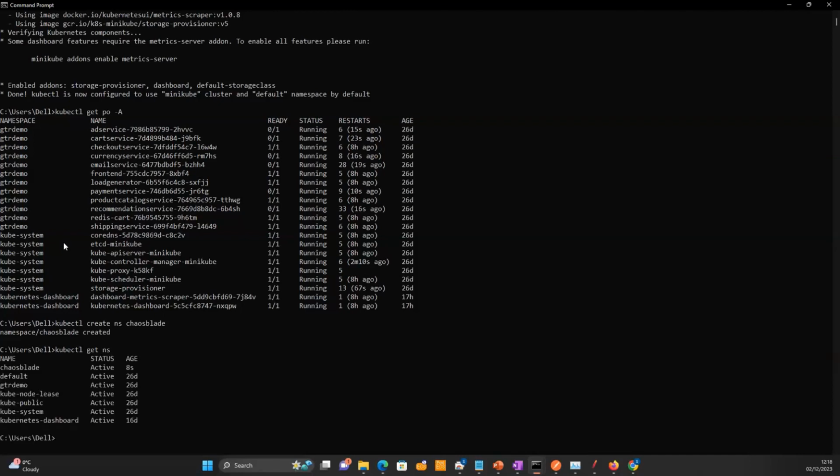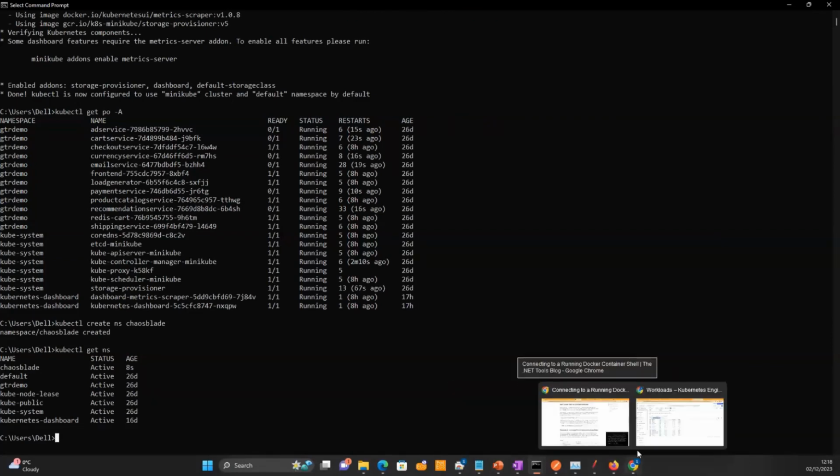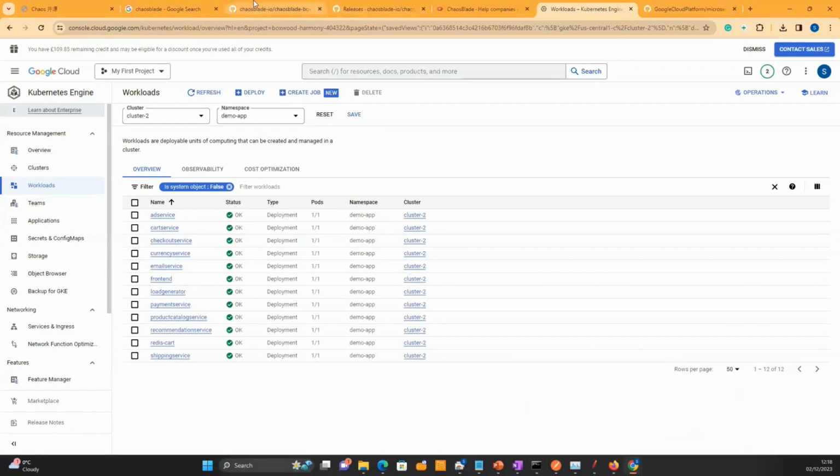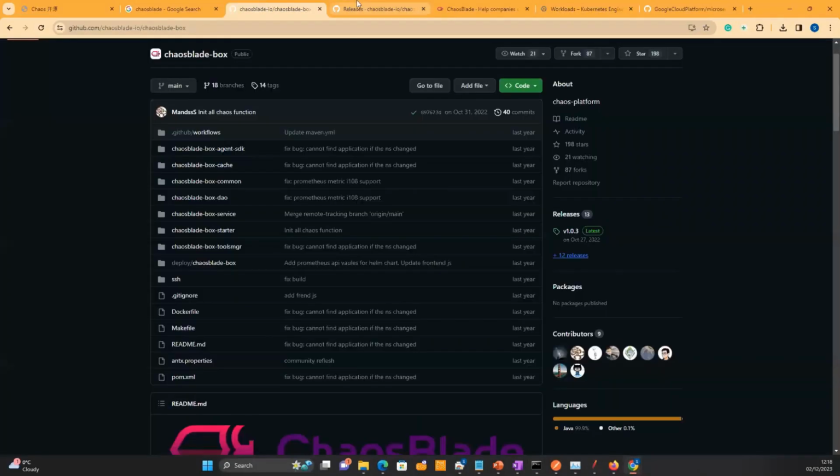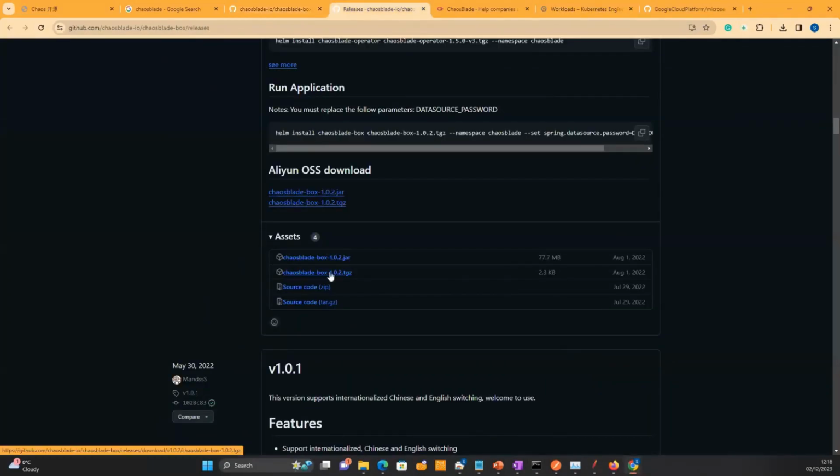NS is nothing but the namespace over here, and so a chaosblade namespace has been created. Now, in order to run Chaos Blade as a pod, we have to download the dependency file, the software. For that, we have to use this chaosblade-box